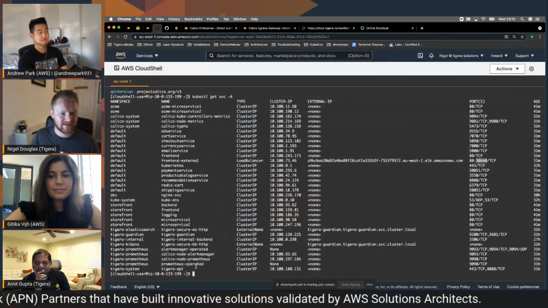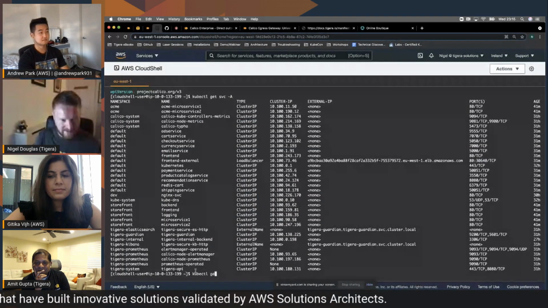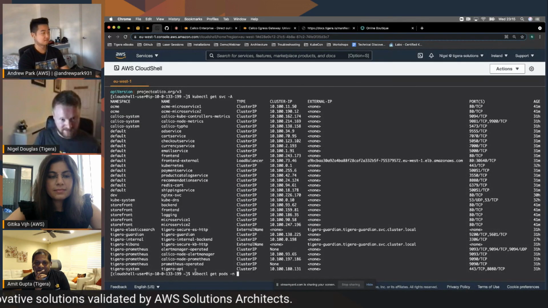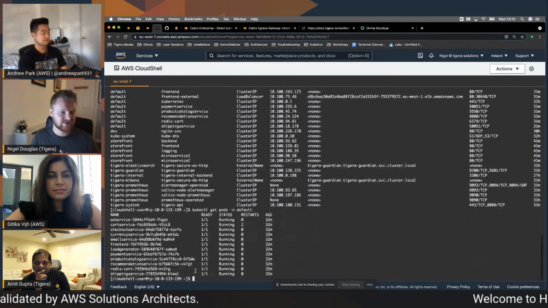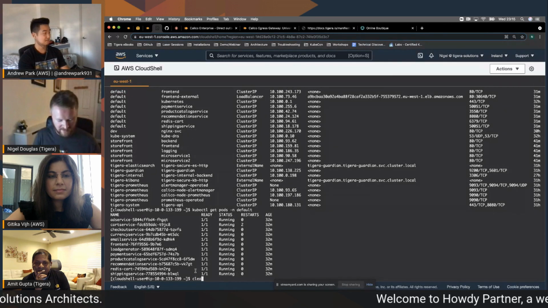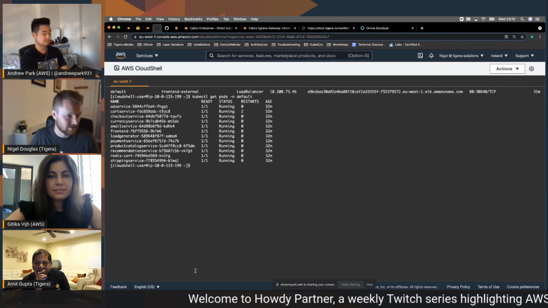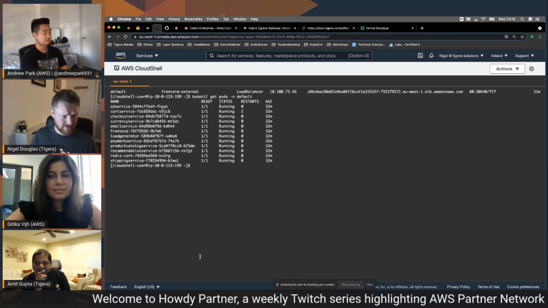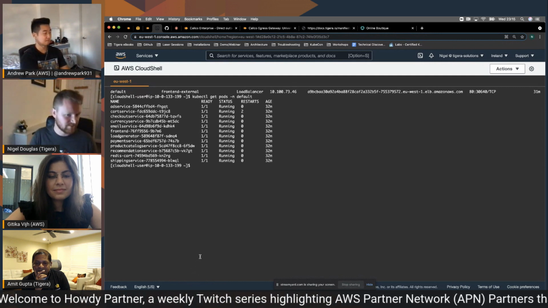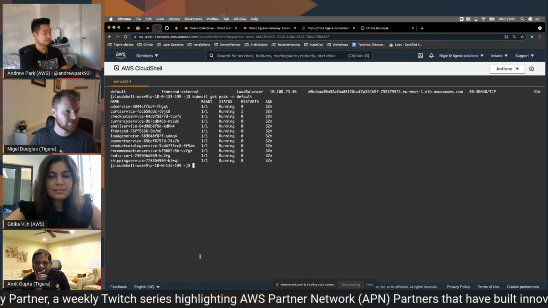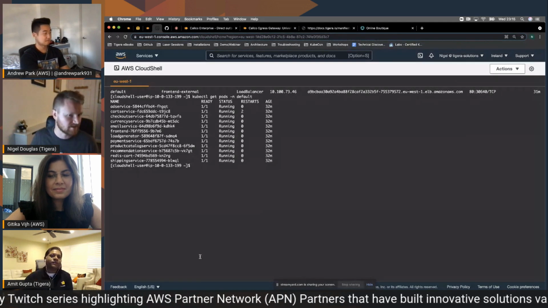If I run kubectl get pods in the default namespace, you should see each of the pods, and again, the status is running. So that's how people on a high level would see all the components are working the way they should. Now, Calico Enterprise or Calico Cloud will give you far more options with regards to troubleshooting if one of these pods stops working.